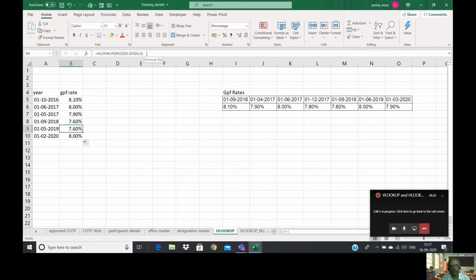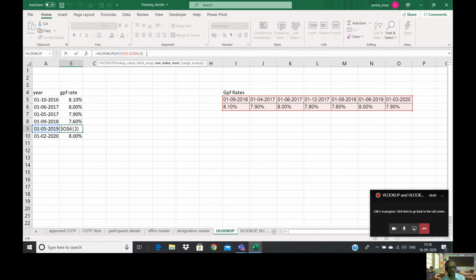So here we have not given the fourth option, though it is a date. Suppose, for example, I give the fourth parameter, that is the range lookup, as exact match, right? Then 1/10/2016, it can't search, because the data is available from 1/9/16 to 1/3/2017 only, right?